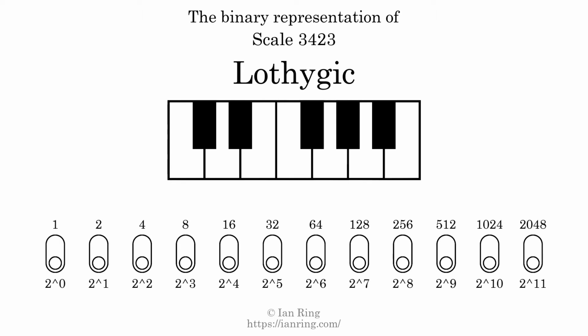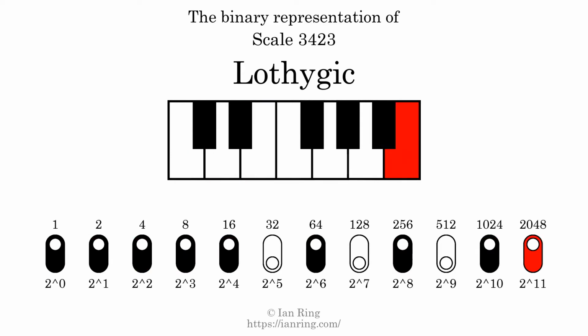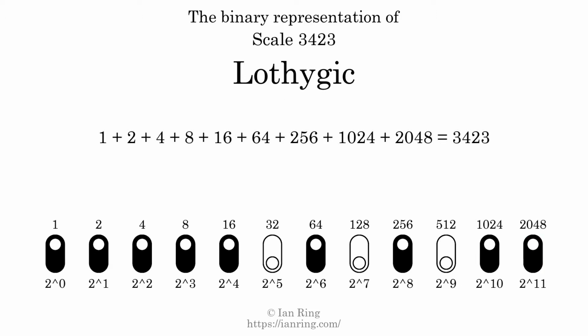The binary representation of this scale is determined by mapping tones of the scale to binary digits. Each binary digit represents a power of 2. To get the scale number, we add the powers of 2 together. The powers of 2 that are present in the scale, all added together, equals 3423. That is why the scale number, in decimal, is